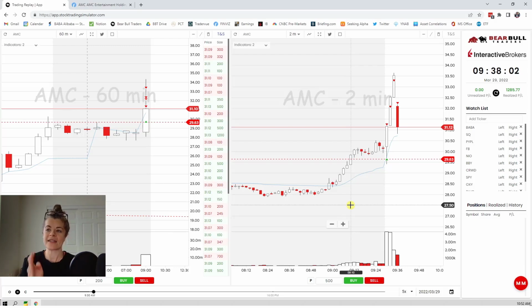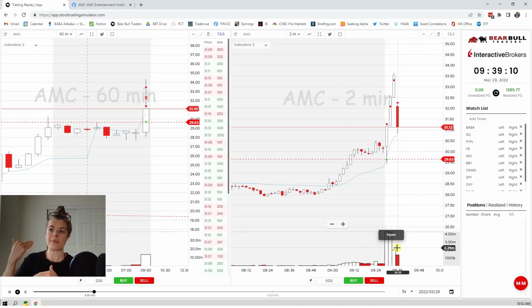I am safest at this higher time frame level. And when I'm in a meme stock, I want to be the safest I can be. So I would wait and see if it came back to here and maybe I would play it long again. Or if it lost this level, I would maybe play it to the short side. Same plan. I would enter with 10% of the ATR as my stop, whether I'm short or long.